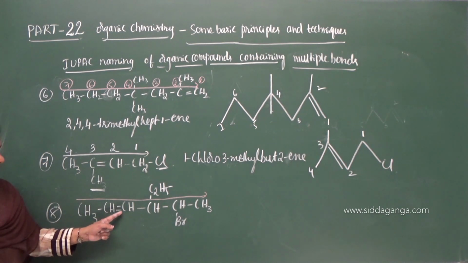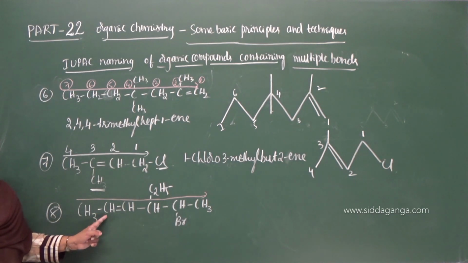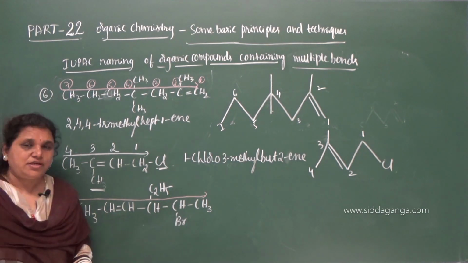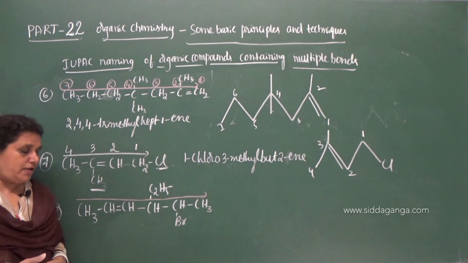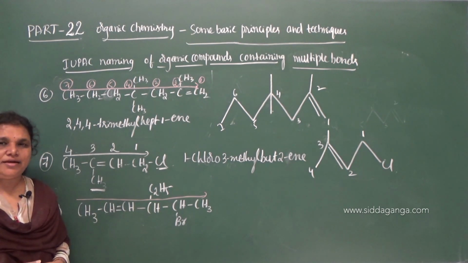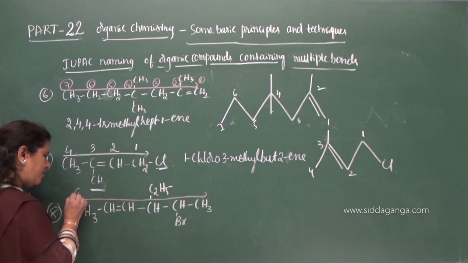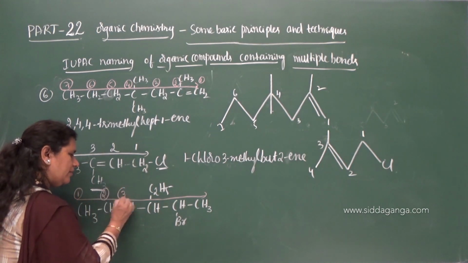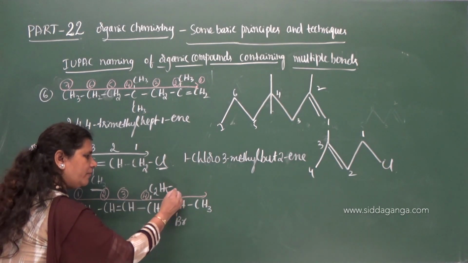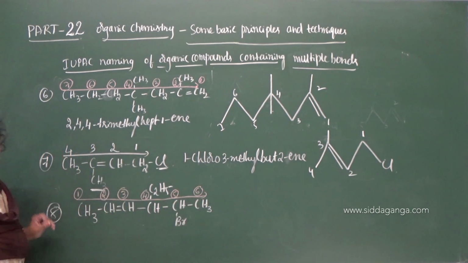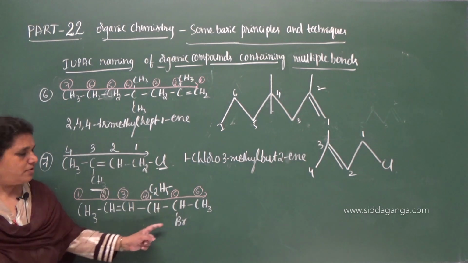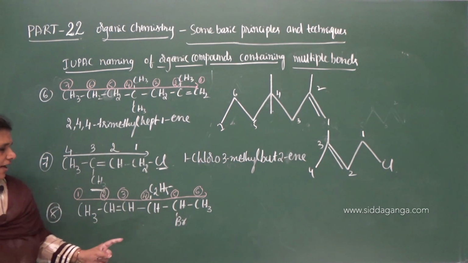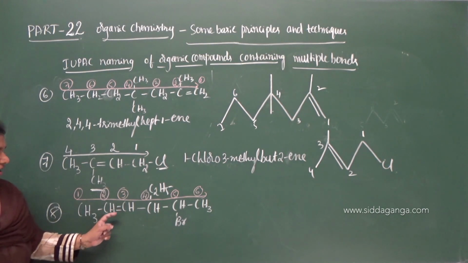But the highest number will be taken by the double bond, 4, whereas numbering from left to right gives the lowest possible number to the double bonded carbon. It means we need to give the preference to the double bond, that is, we need to assign the lowest possible number to the carbon containing a double bond. So how to number: 1, 2, 3, 4, 5 and 6. Here also we have two substituents, one is bromo, another one is ethyl, correct? Bromo comes first and then ethyl, and the double bond is between the second and third carbon.